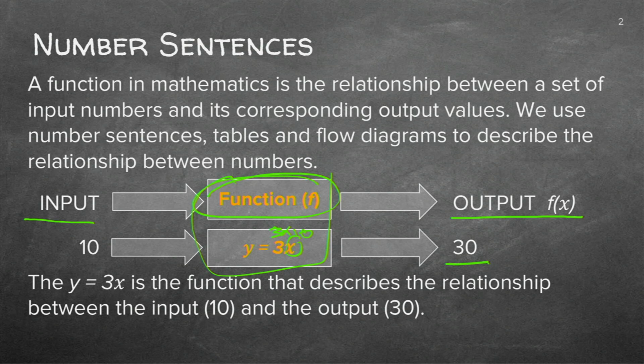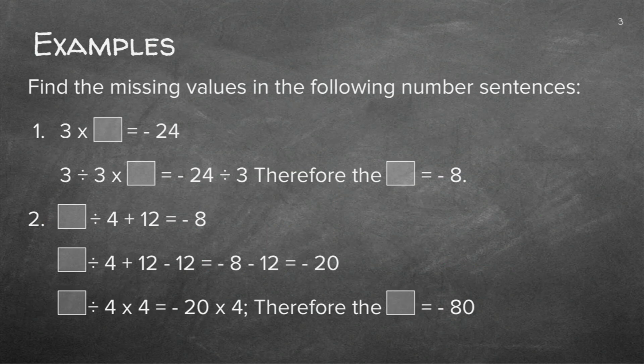Okay, so before we continue with these number sentences, I want you to just get familiar with this concept of number sentences. So there's a value missing in these number sentences, and whenever there's a value missing, I've got a block. Okay, so let's work through this one with me. 3 times a block equals minus 24. So remember, we want to find out the value that is in that block. So we must get the block separate.